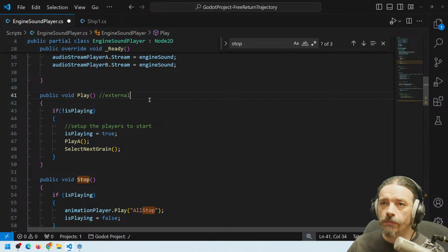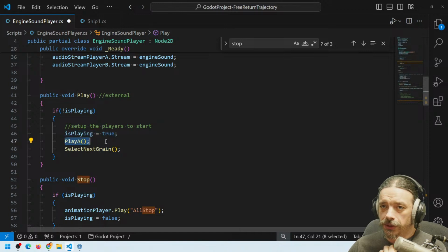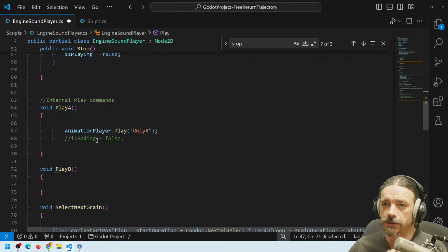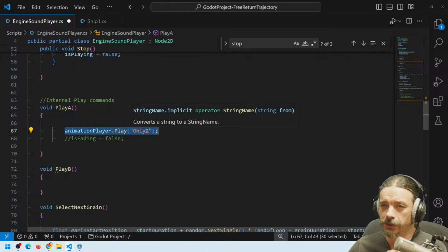External checks if it's not playing, and if it's not playing, starts to play by calling player A, play A, and immediately prepares the next grain. Play A is calling for that animation that starts the player 1 and stops the player 2,